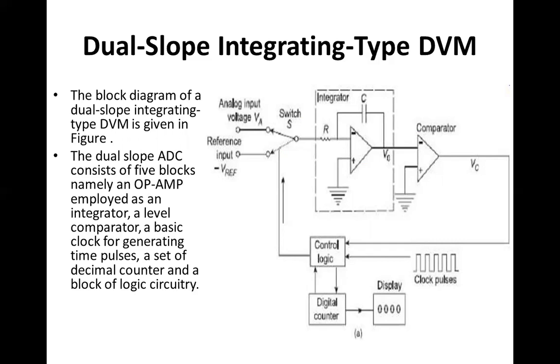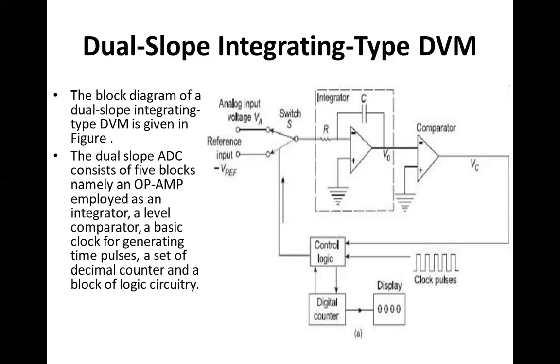For a fixed time interval, the analog input voltage to be measured is applied through the switch S to the integrator, which raises the voltage in the comparator to some negative value. Obviously, at the end of the fixed time interval, the voltage from the integrator will be greater in magnitude for larger input voltage. That is, the rate of increase of voltage or slope is proportional to the analog input voltage.